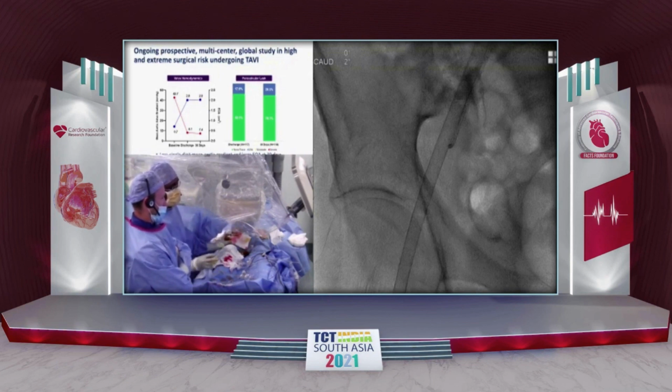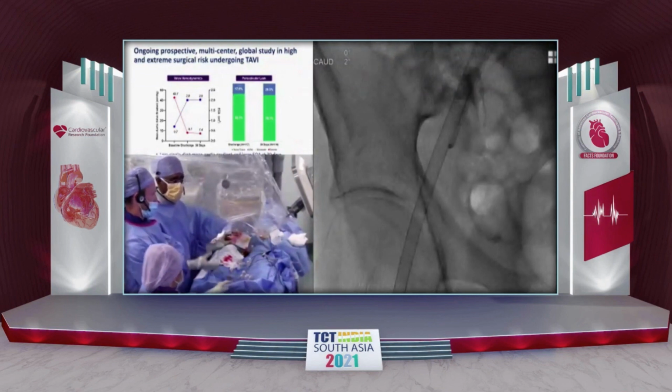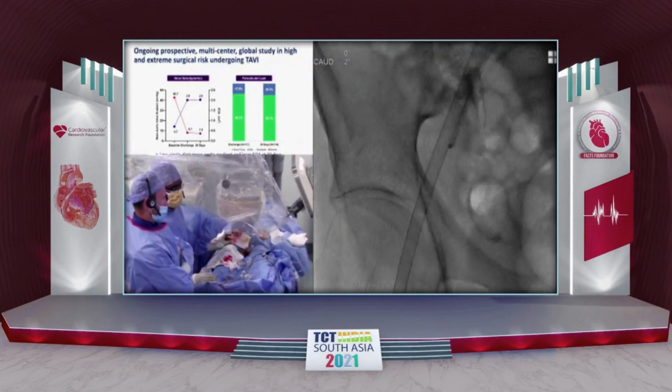So you do need to look at each patient now. One of the benefits for us as clinicians is that we now have big competitive companies trying to up the game all the time. And when they do that, they give us better, easier technologies to work with. And I think this is one of the benefits of what we do. Can we just show the hemodynamics and the ECG? And then...